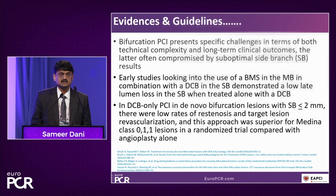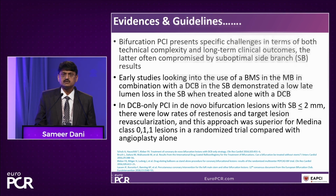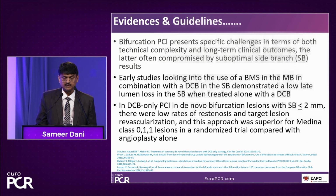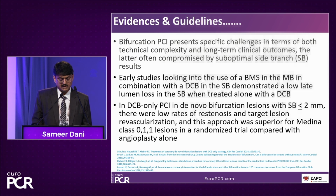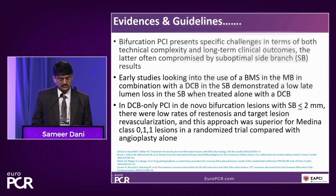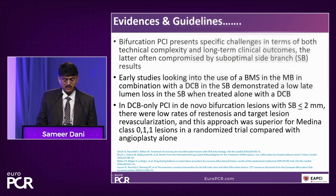As far as evidence and guidelines in bifurcation PCI are concerned, bifurcation PCI presents specific challenges, not only the technical complexity of the procedure but also long-term clinical outcomes, which are often compromised by suboptimal side branch results. Early studies looking into the use of a bare metal stent in the main branch in combination with a drug-coated balloon in the side branch demonstrated a lower rate of lumen loss in the side branch